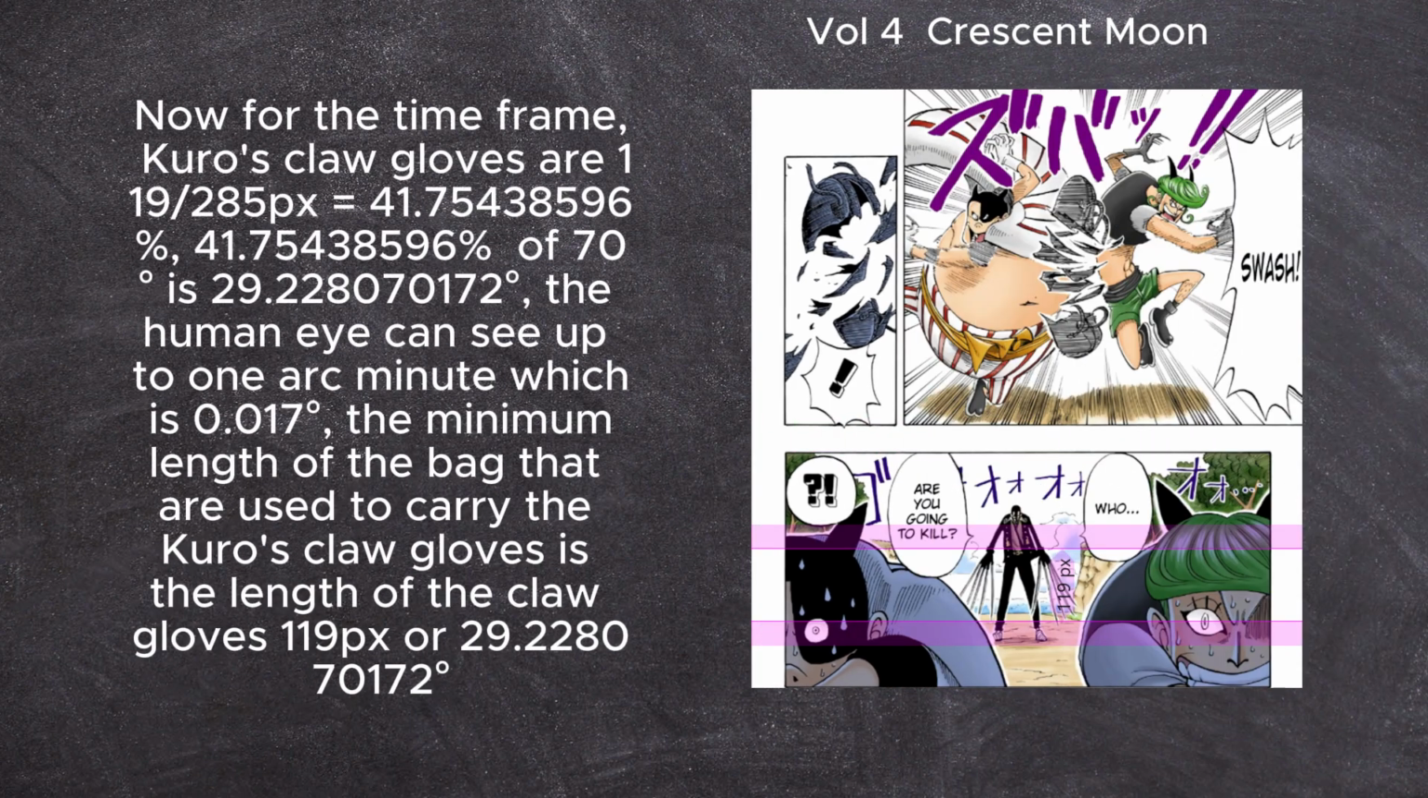Now for the time frame. Kuro's claw gloves are 119/285 px, which equals 41.75438596%. 41.75438596% of 70 degrees is 29.228070172 degrees. The human eye can see up to 1 arc minute, which is 0.017 degrees. The minimum length of the bag that is used to carry Kuro's claw gloves is the length of the claw gloves, 119 px,